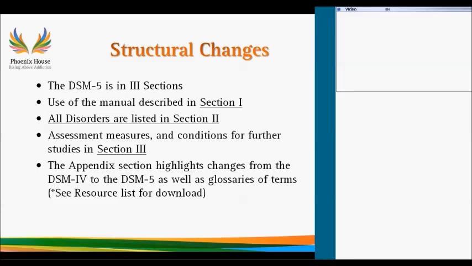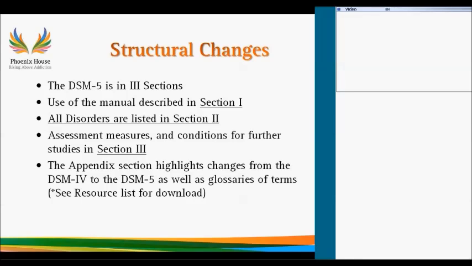One of the things that has been asked prior is, are there still decision trees in the back of the book to help with differential diagnosis? And I can tell you that there is not. The American Psychiatric Association, when they published this manual, my understanding is that they really published it for people already familiar with diagnosing. So the idea was that decision trees were not to be made. If you follow the manual and the structure of the manual as it is written, the decision tree is not necessary.